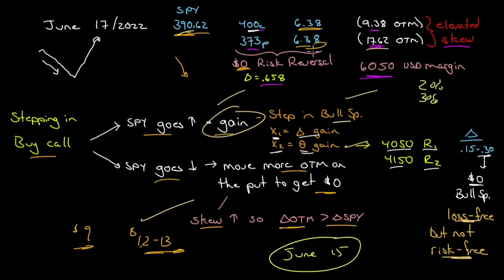If this doesn't work out, what happens? You have to be willing to accept the market at 373. That at 373 you'd be a buyer of the market anyways. And if you were going to be a buyer of the market at 373 anyways, this risk reversal makes a lot of sense. If you don't want to be a buyer of the market at 373, then you might want to just limit yourself to the call. If it does drop, well, this has convexity. It's not going to drop at the same rate that the market drops. And if it does rise, you have a gain, or you can step into that bull spread.